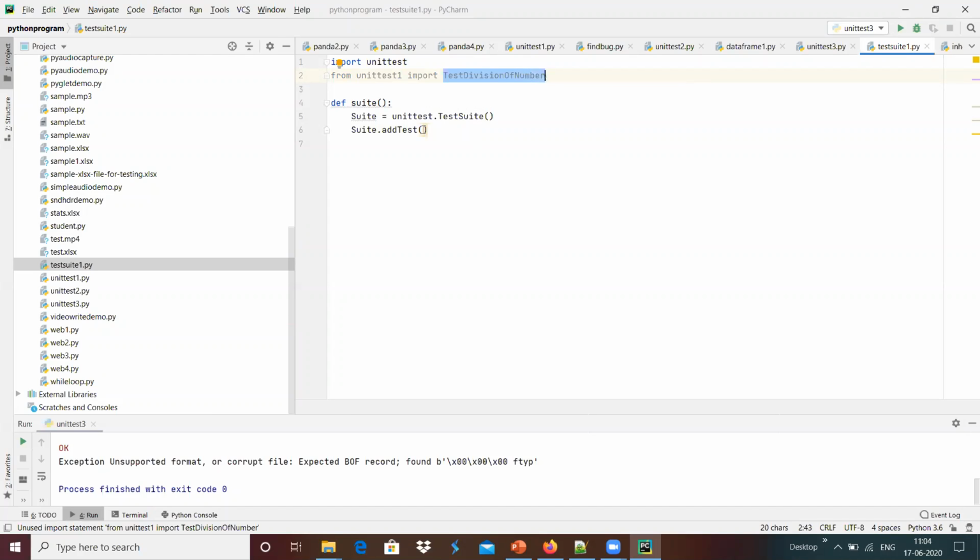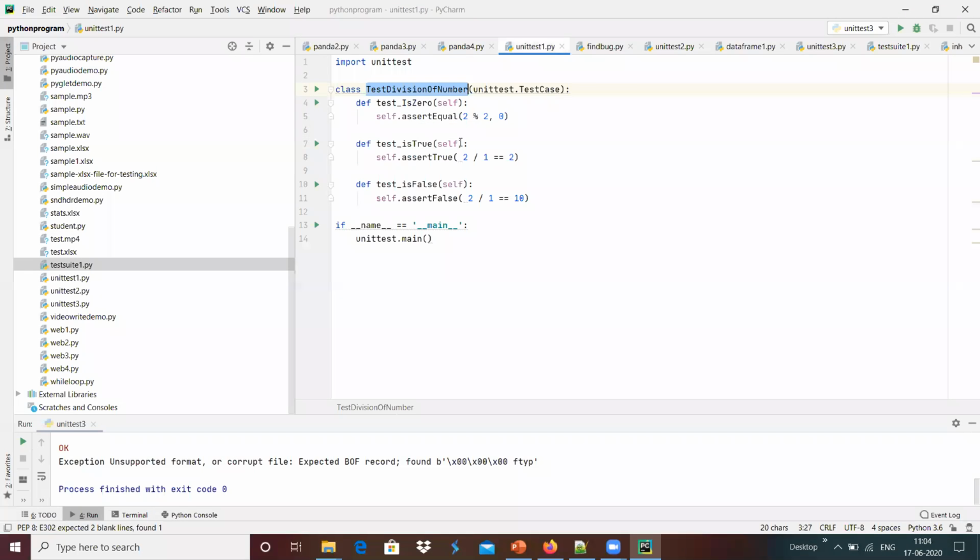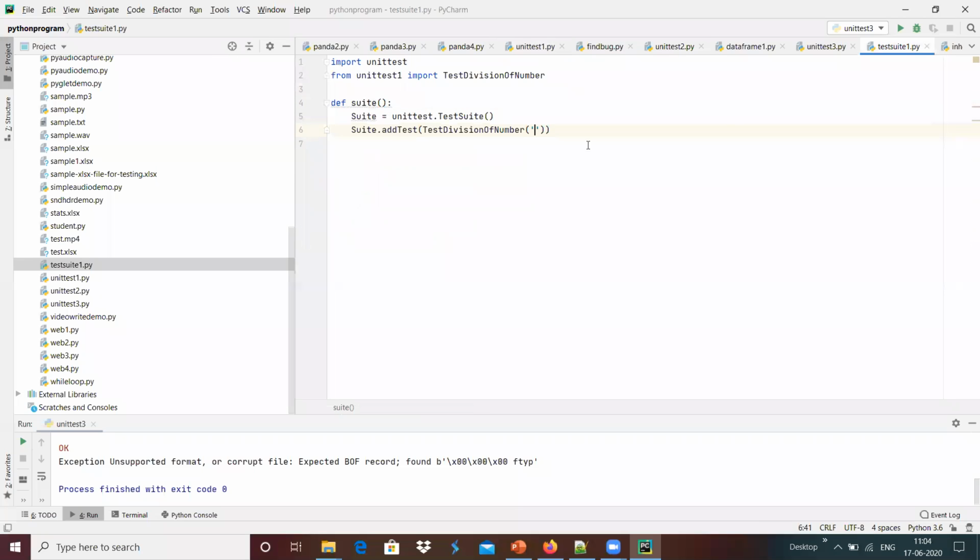Inside TestDivision, we have the different test cases: is 0, is true, and is false. I'm going to change this to is 0 so that it will be easier. I'm going to check is 0.